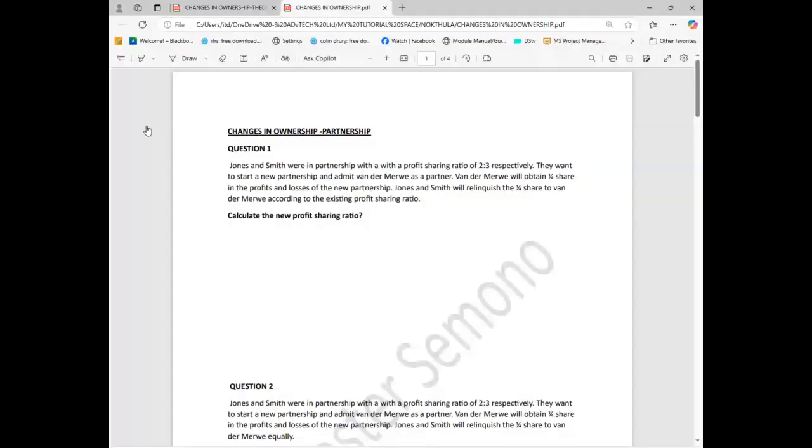Are you with me? So I just want us to check how we can, because obviously if we give someone a share, that share can come from the partners themselves, and sometimes from the business itself. So we just have to check different scenarios, because for you to admit a new partner, we need a new ratio. So can we go through these questions and see how we can find different questions from